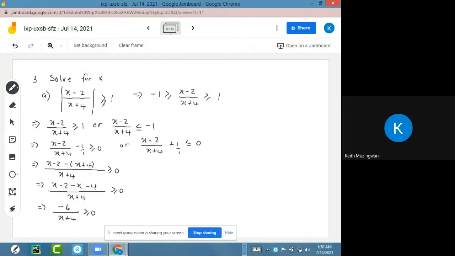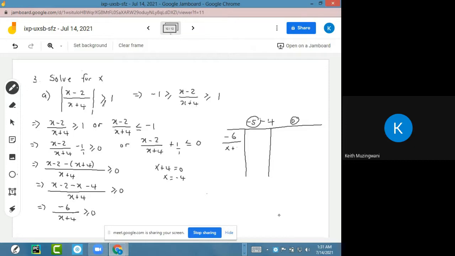So here, we only have one critical point, since the numerator doesn't have any variable, so it will always be negative 6. So we only have x plus 4 that can be 0. So x is equal to negative 4 is our only critical value. So I'll test it from up here. So put negative 4 there, and then you demarcate a number bigger than negative 4, 0, less than negative 4, negative 5, and then you get negative 6 is not important in this case, so we just get the whole thing,